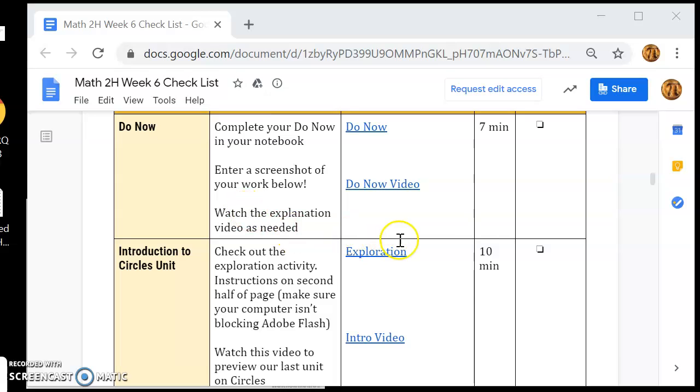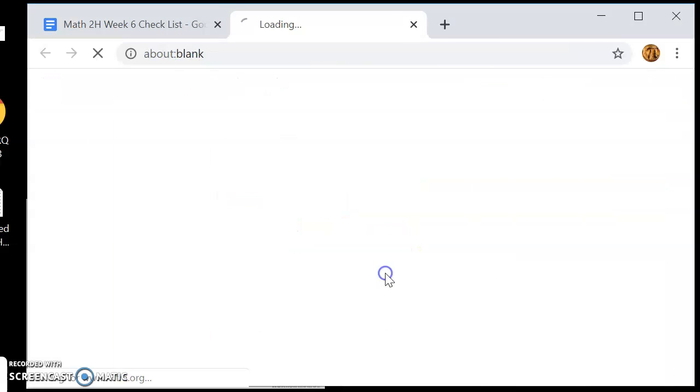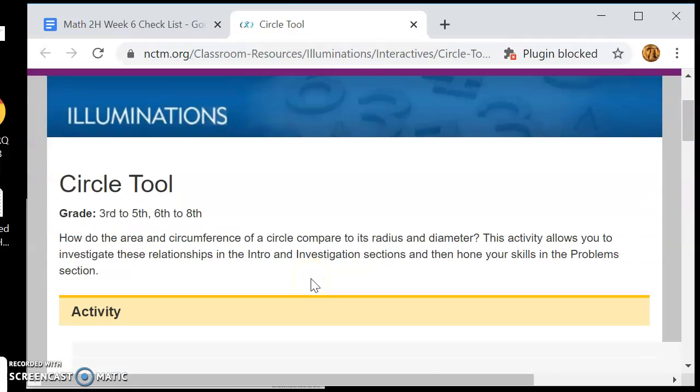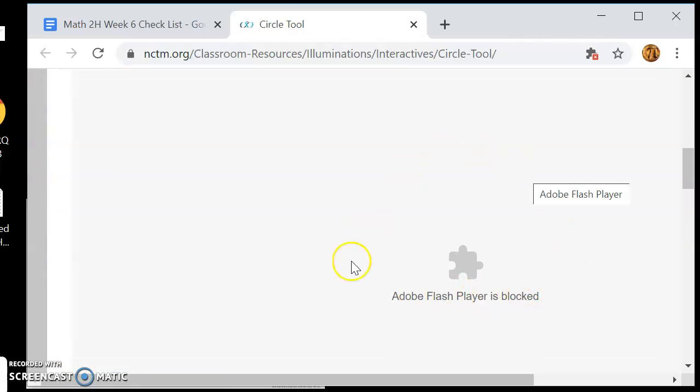Hey everybody, if you're trying to access this activity here and you're having a problem that you're getting this message that Adobe Flash Player is blocked, I want to show you how to fix that real simply. I can look up in this corner, it shows me this symbol that says Flash is blocked on this